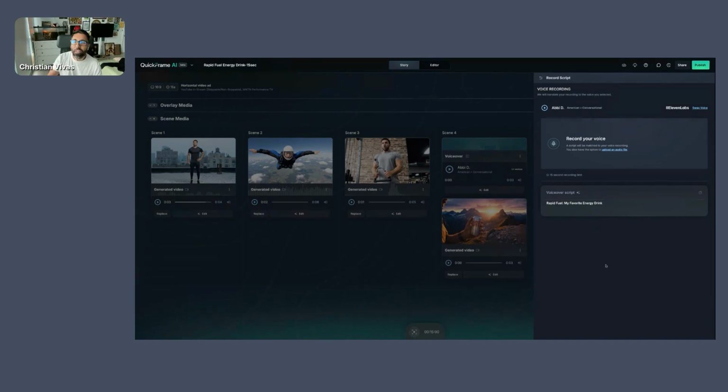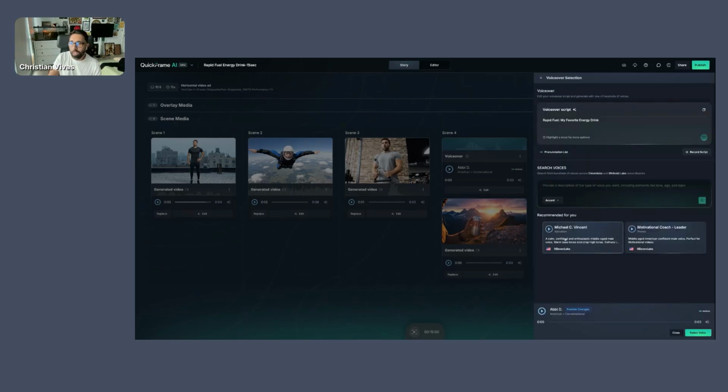Here, you will actually be able to record your own voice and be able to read the script that you have here so that you're able to always say it how you want it to say it, right? Maintain the script to be very natural. Just speak it however you want it to be sounded. And then this would actually grab your voice and then swap it into the voice that you have selected.